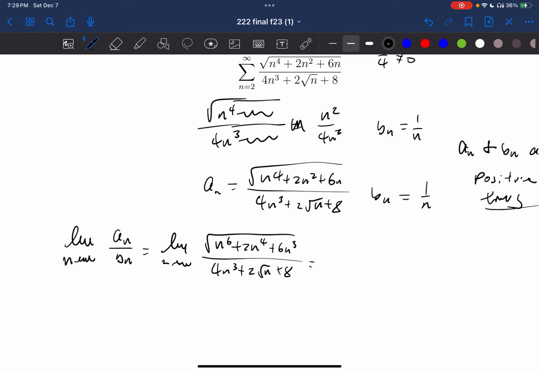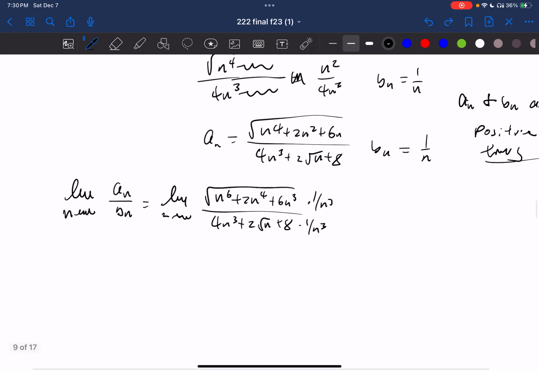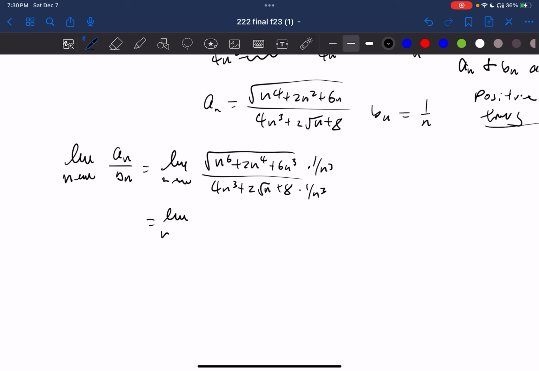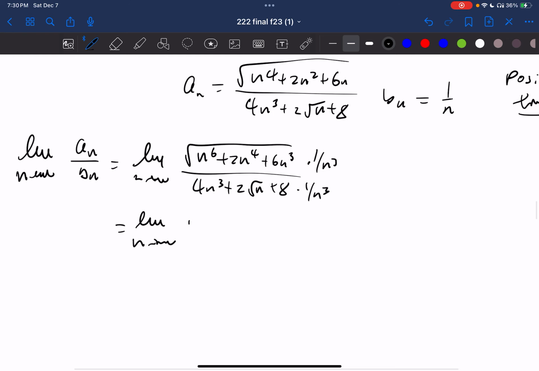This will be equal to, if we multiply top and bottom by 1 over n to the third power, this will give us, actually I don't want to write it here, I want to write it on the bottom. The limit as n goes to infinity of 1 plus 2 divided by n to the second power plus 6 divided by n to the third power, divided by